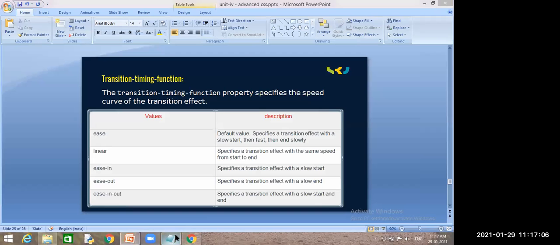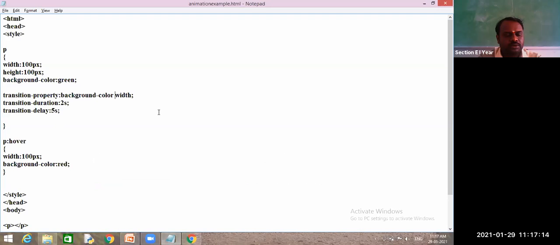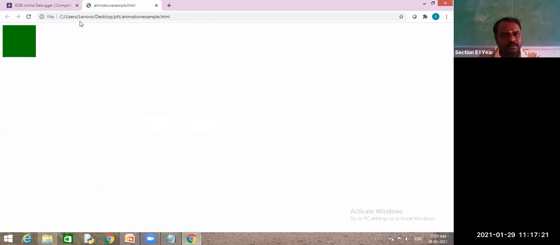What is linear? So you understand with width instead of color. Near background color, if you use a comma, we are getting it. Yes, sir. Okay.